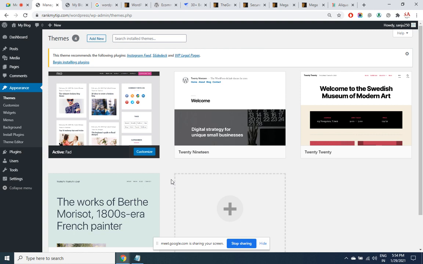Had you installed a classified theme, classified ads, so add new listing, new classified listing. Just like a post, you will not be working with the post there. If I've installed a business theme, I'll be working with those extra options which I've got. If it is an e-commerce site, I'll automatically get an option here on the left side as products. We are not going to publish posts, we are going to publish products.